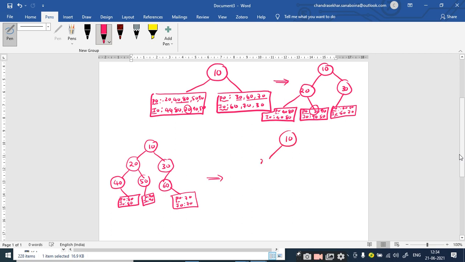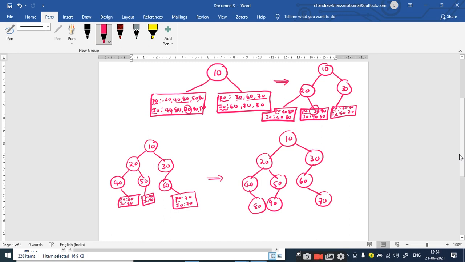10, 20, this is 30, 40, 50, and this is 60, and this one we have 80, and here we have the left child as 90, and for 60 I have the right child as 70.